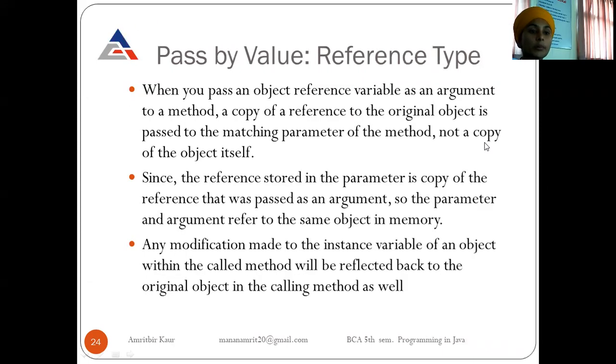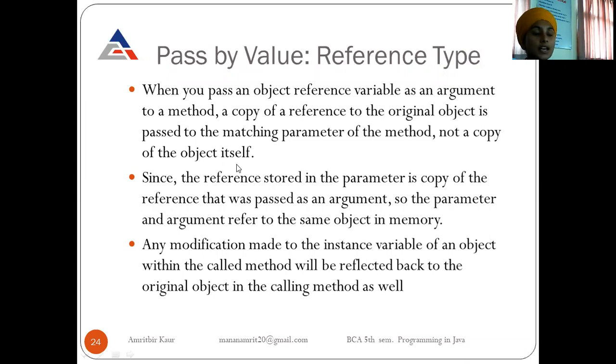So here we will pass reference variables and the value will be reflected back. When you pass an object reference variable as an argument to the method, a copy of the reference to the original object is passed to the matching parameter of the method, not a copy of the object itself.